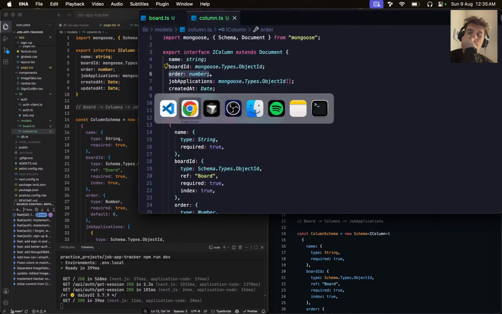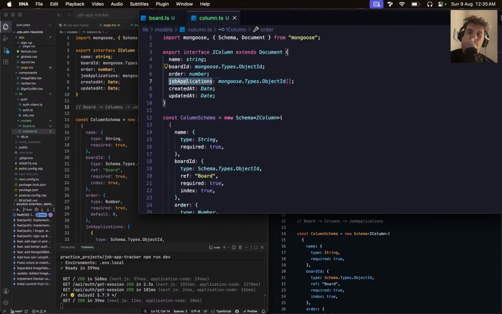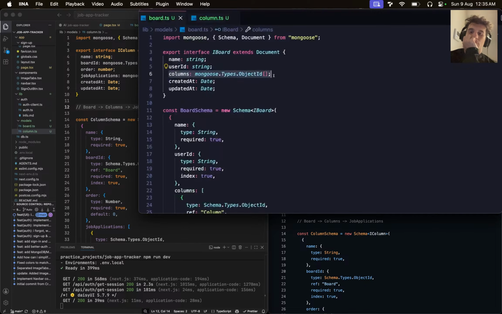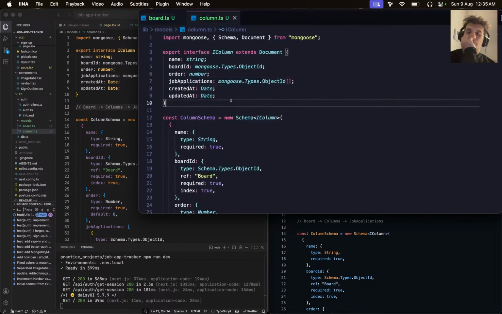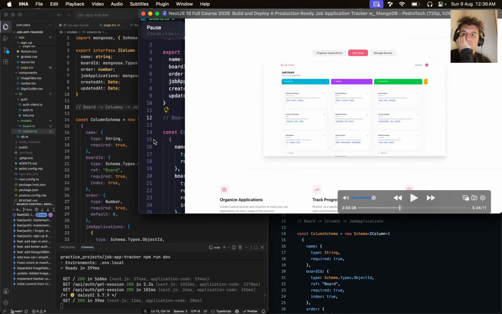Why is the order important? Well, because the order represents the order of the column in reference to the beginning. So the wish list is order 0, meaning it's the first column in this board. Then applied would be order 1, interviewing 2, and so on. And then job applications. This is going to be a list of object IDs similar to what we had here for the columns. So the structure is pretty interesting. A board will have columns which will have job applications, right? So in the board, a board contains the list of columns, and a column contains the list of job applications, so that we know